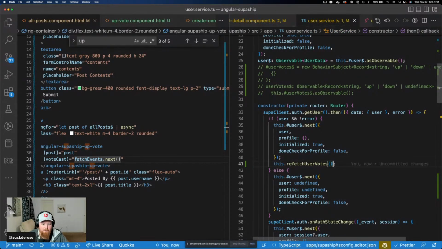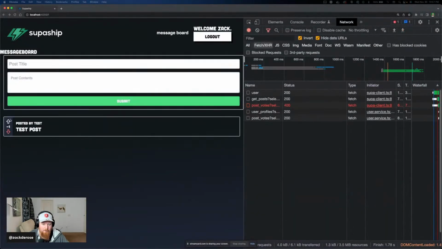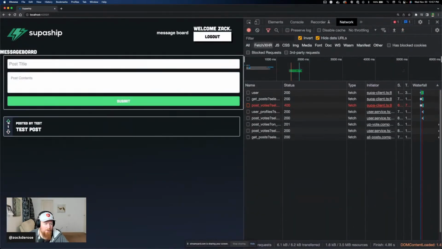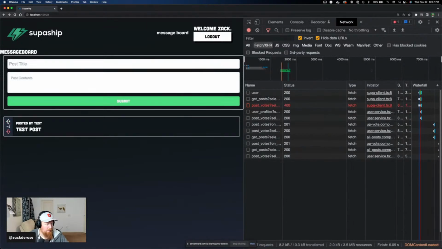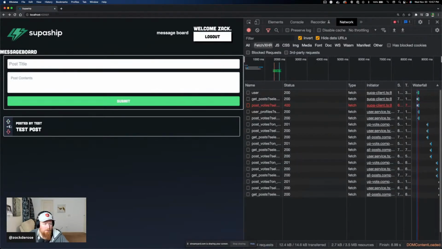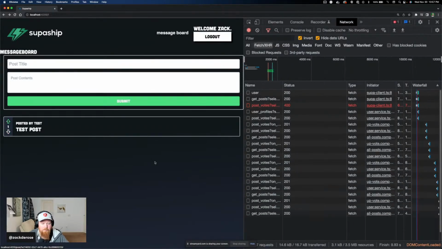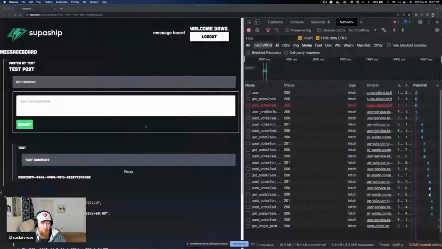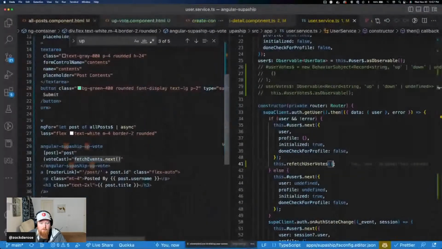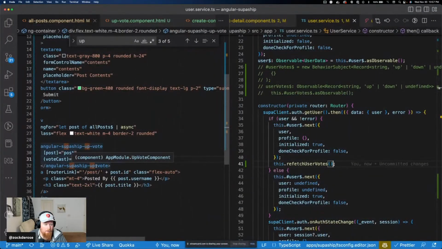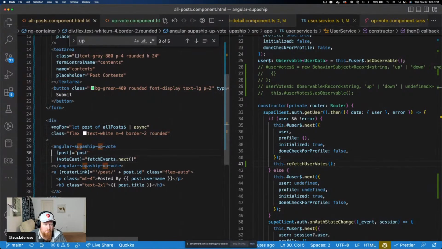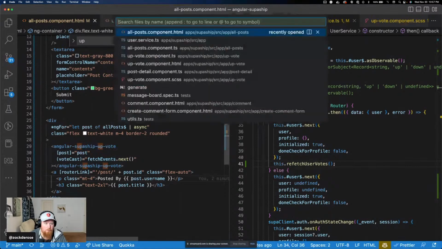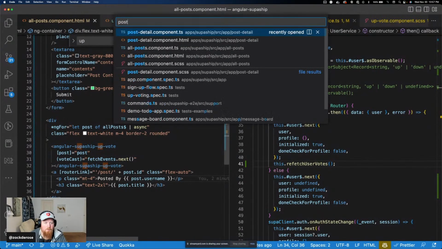All right, let's see if that works for us. Yeah, there we go. I was worried that was going to cause some weird infinite loop I wasn't expecting. But look at that. The rest of it should just be the same thing, but for the other components. They just have to use the same thing right here. Copy it, and we'll go to our post detail,